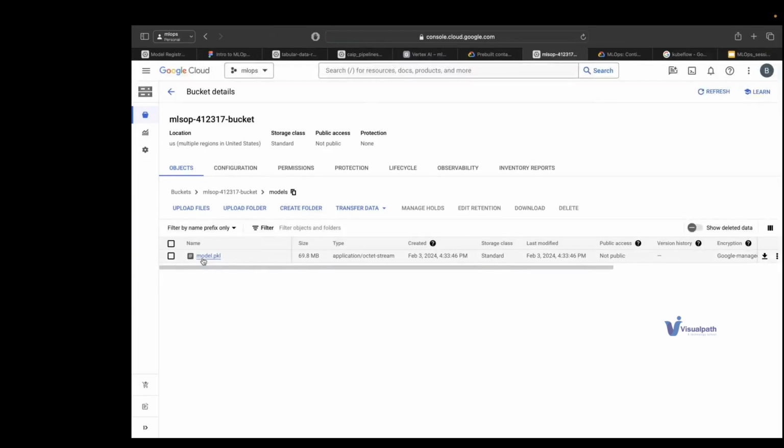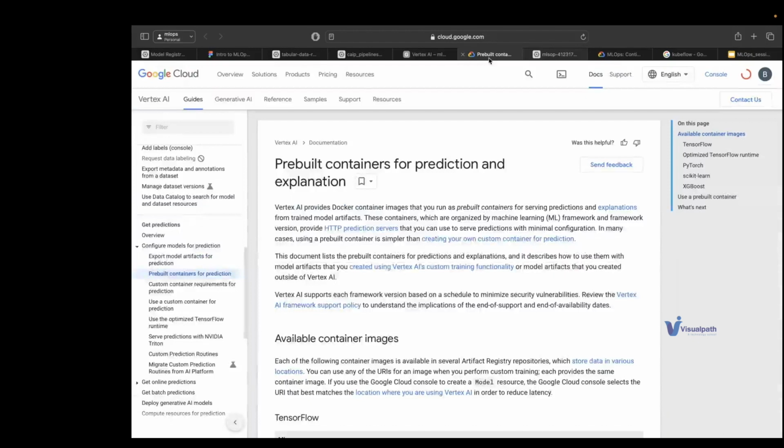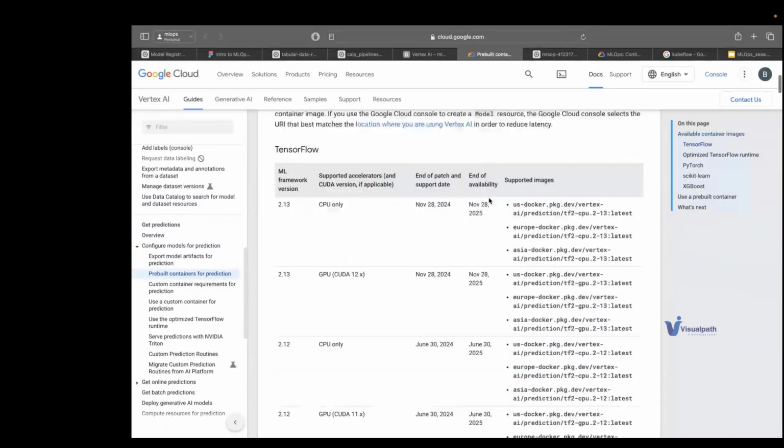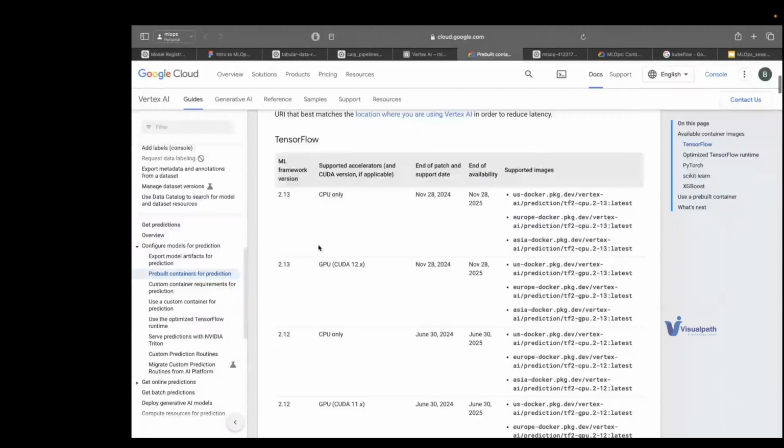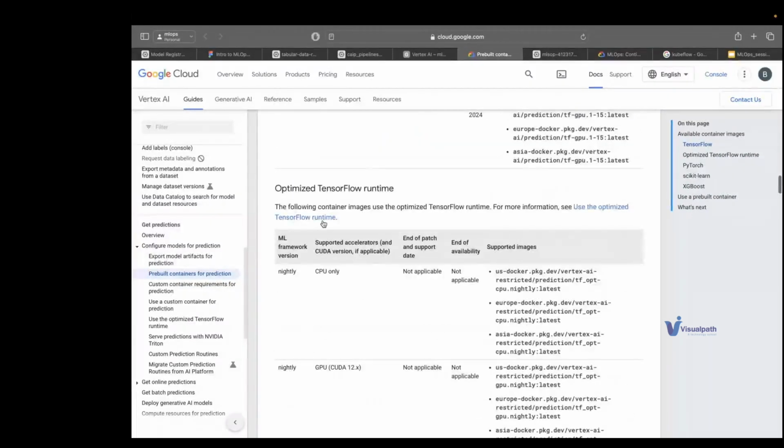This is a 70 MB file, and we have all the ML model packaged into this. So this is how you work, and these are the list of pre-built containers. So CPU, GPU, whatever you need, TensorFlow framework, whatever framework you need, you can see it from here. There is a list of supported runtimes only. You will have to see and work through.